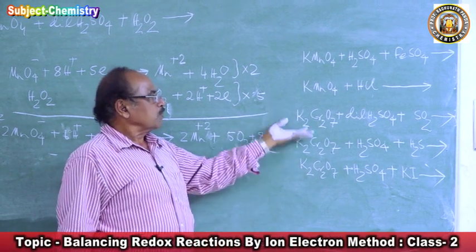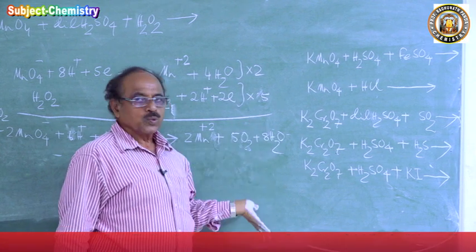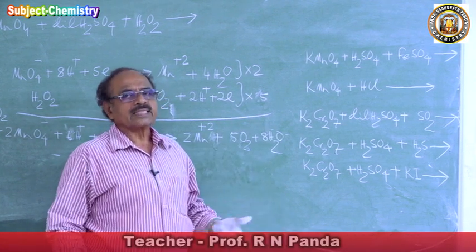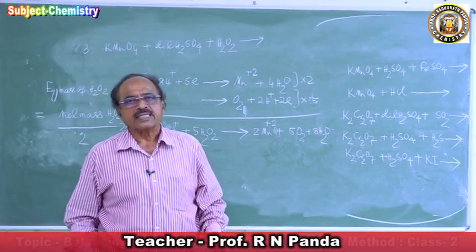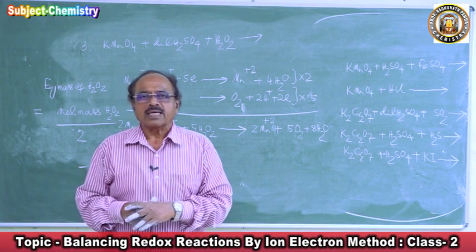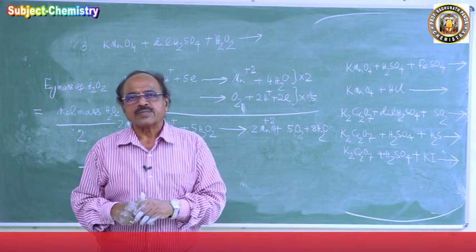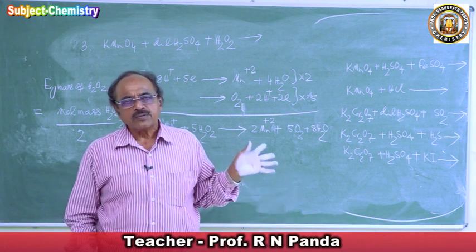So from there you can know the oxidized state and reduced state, find them out, then apply these rules. In the next class we will do some more reactions involving concentrated nitric acid and concentrated sulfuric acid, and we will go for alkaline medium, how to balance an equation for alkaline medium. It's a very important one. This is a very useful one.